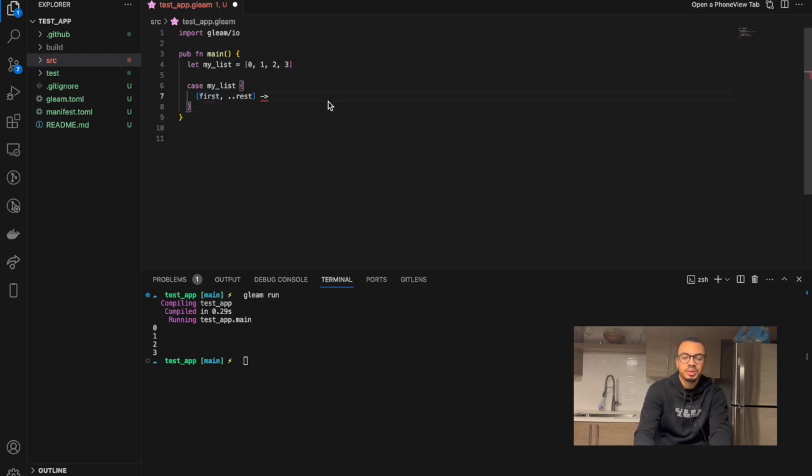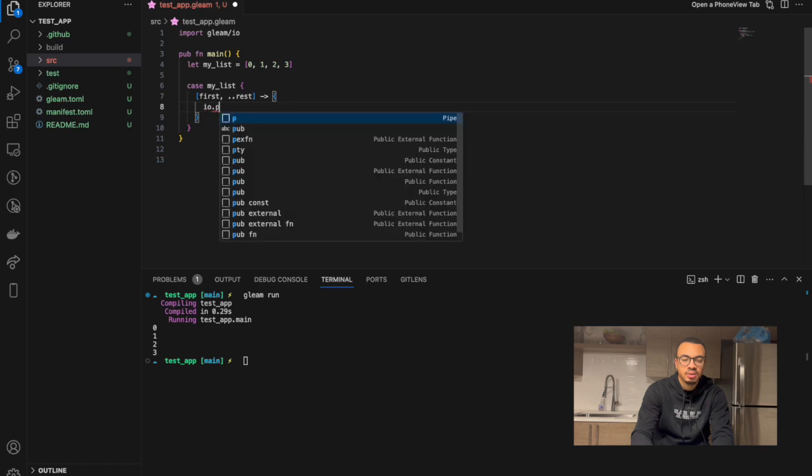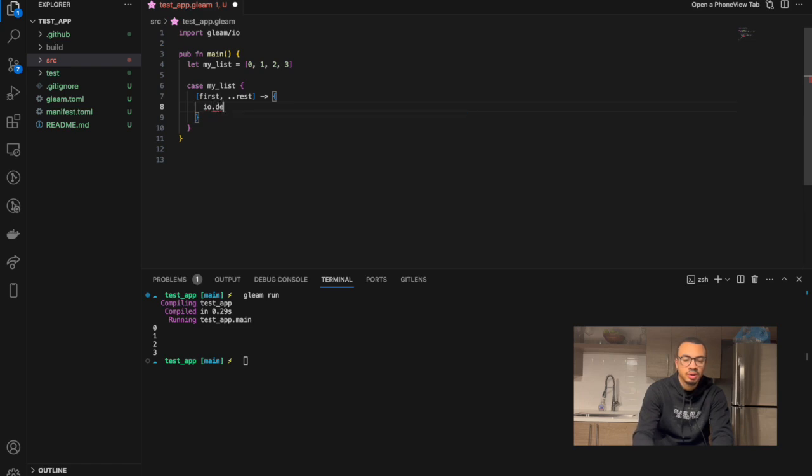So what we can do is create a block right here, and we say io.debug first. And if it's empty, then we can just return the list. And this is not returning anything, so we also need to make sure we use recursion. So what we're going to do is just return,